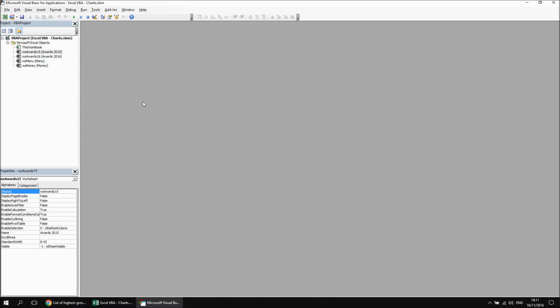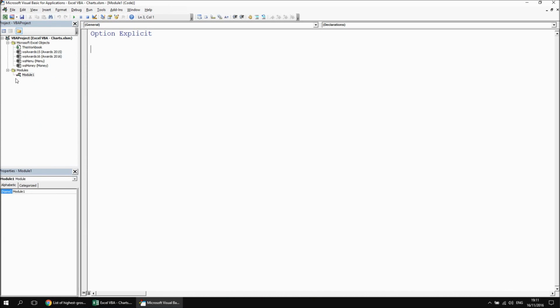So we'll need a module, of course, to write some code, so let's just insert a new module in the usual way. And I'm not going to bother renaming the module. It's worthwhile pointing out though that I have renamed pretty much all the worksheets in here, so I've given code names to each sheet. So if you haven't done that already in your own workbooks, if you've copied and pasted the data from Wikipedia,